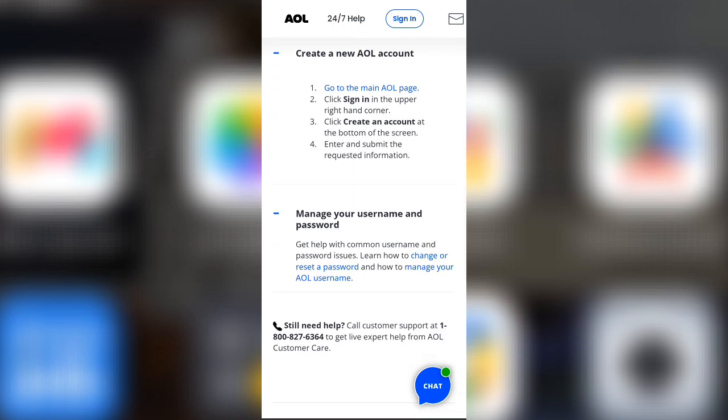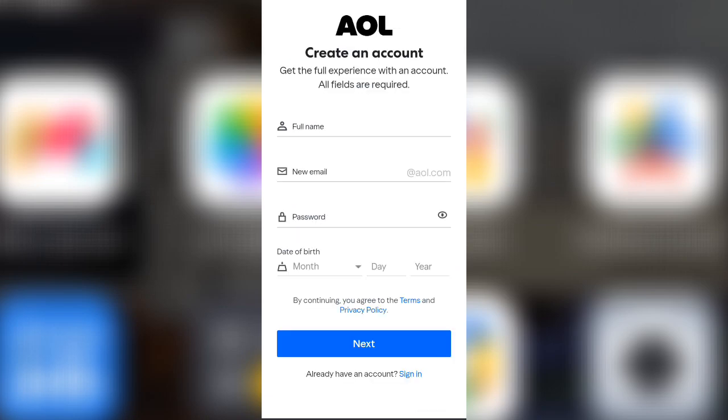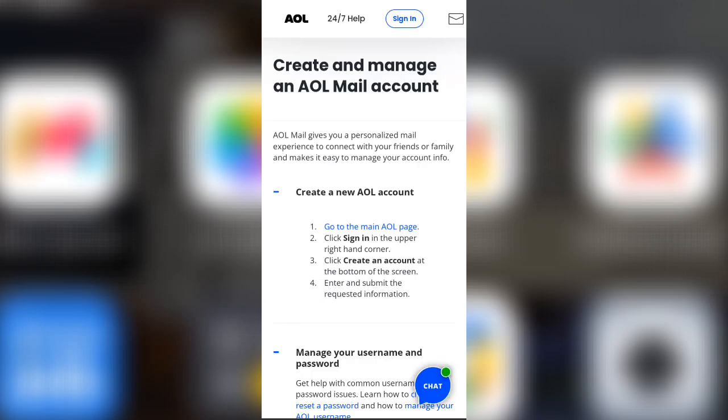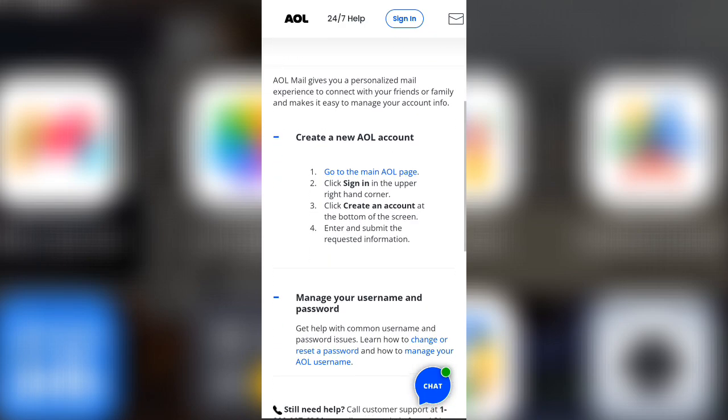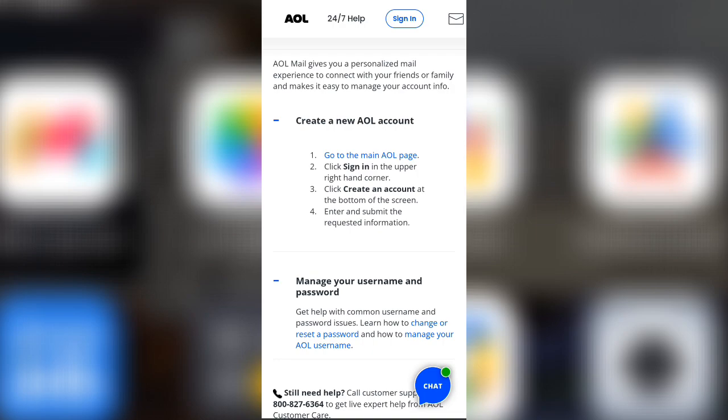You'll also need to provide your mobile phone number, which AOL uses for verification and account recovery, along with your birth date and gender to complete the registration details. After filling out the form, tap Continue and AOL will send the verification code to your phone by text message. Enter that code in the box to confirm your number, and once it's verified, your new AOL Mail account will